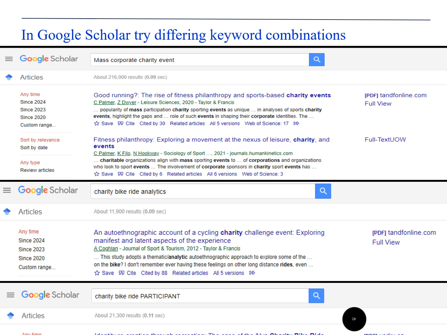Once you've looked at two or three university databases, also try Google Scholar. Different keyword combinations will give you access to different journal articles. So mass corporate charity event gave me access to 216, while charity bike ride analytics gave me access to 11,000. Charity bike ride and participants, 21,000. So different keyword combinations will give you access to different journal articles, different evidence to support the points that you want to make. So really do take the time to try all those different combinations,